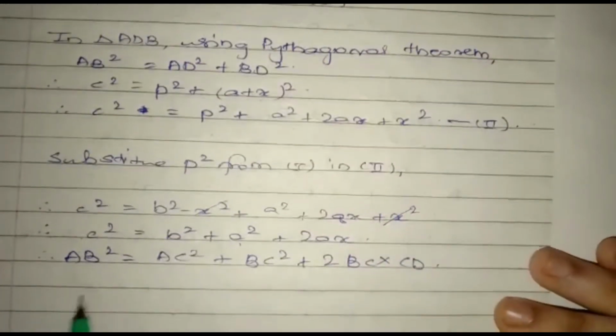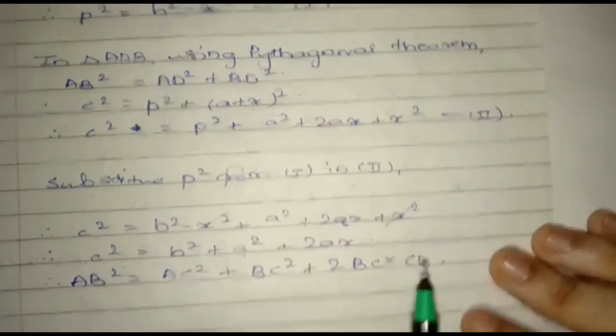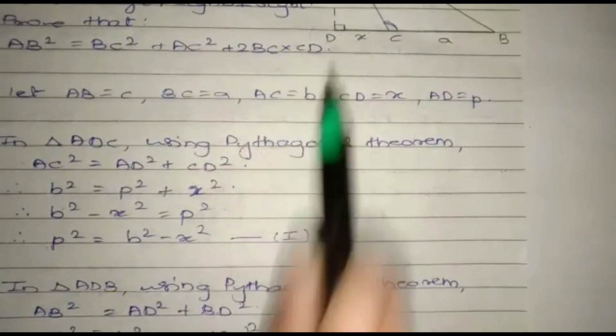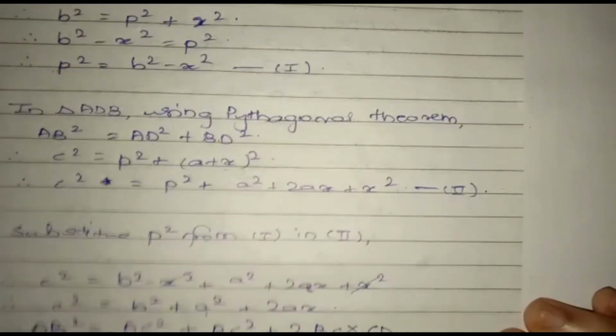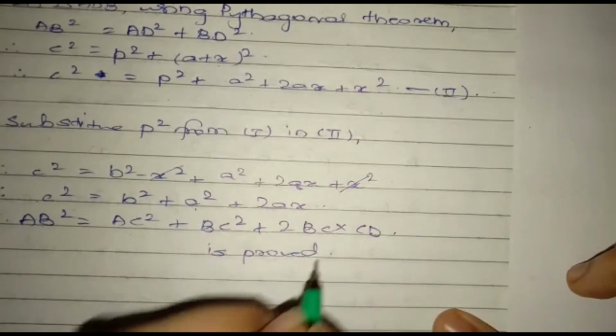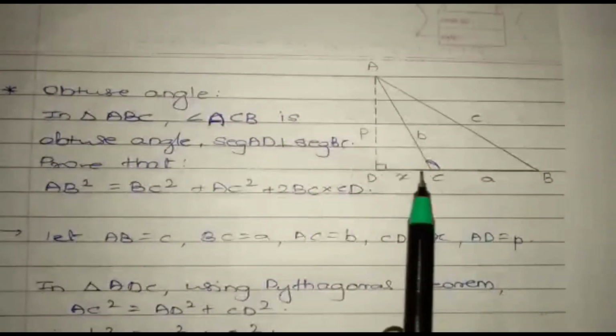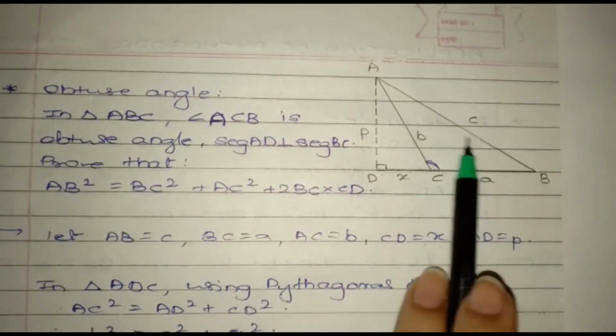So what we wanted: AB square is equal to AC square plus BC square plus 2 into BC into CD is proved. So we have proved and found out the relation between the side opposite to obtuse angle and the remaining